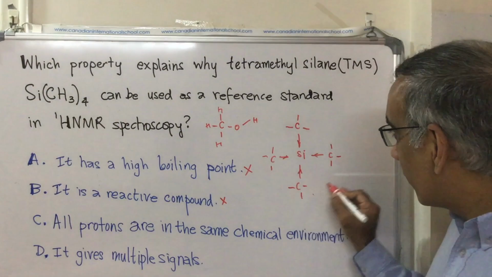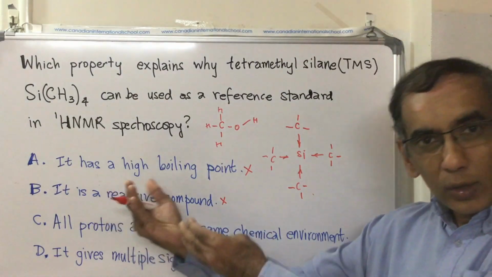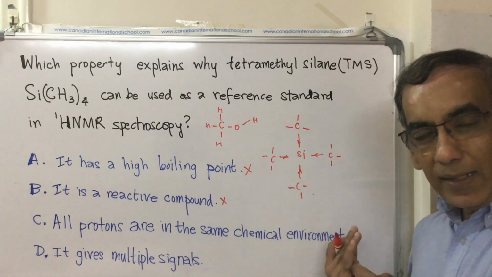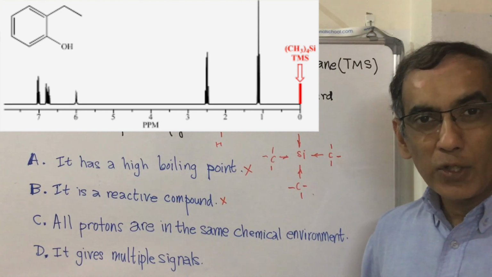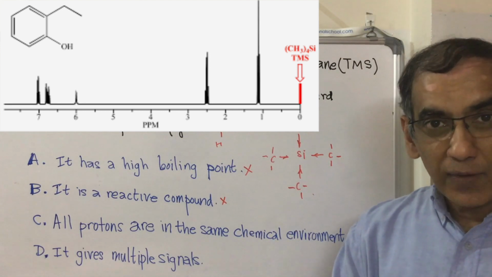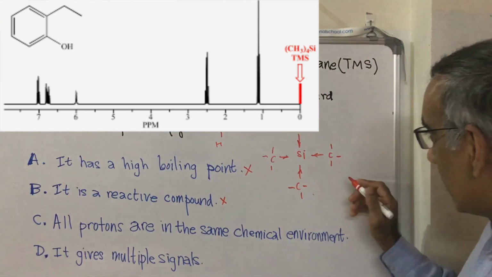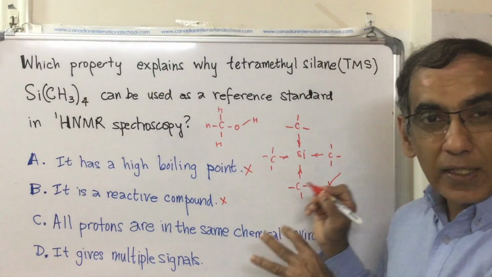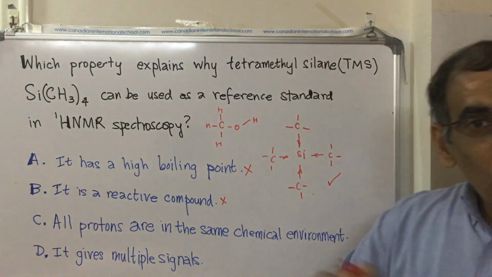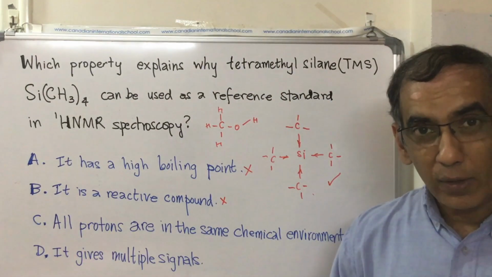It gives a signal for 12 hydrogens, all downfield at the lowest possible level, and that's used as the baseline in the NMR machine, giving it a chemical shift value of 0. So this is what makes TMS very good. It's got 12 hydrogens to give you a big signal, all of the hydrogens in one spot on the NMR